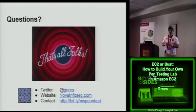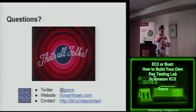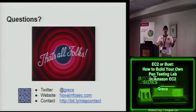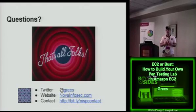But if you're going to do any sort of pen testing, they have this form you have to fill out, and in most cases, they're cool with it. You just have to let them know so that if it pops up in their SOC, they know, oh, that guy's doing pen testing. I know a lot of people have looked at doing things like using Nmap and scanning the internet, and Amazon doesn't like you doing stuff like that. But if it's small stuff that you're doing in your secluded environment,